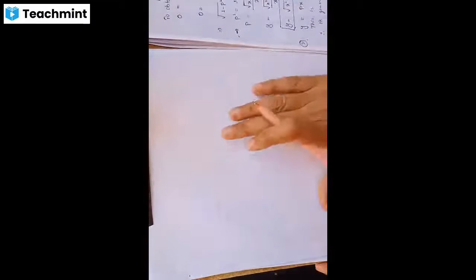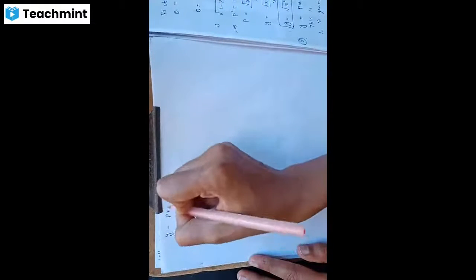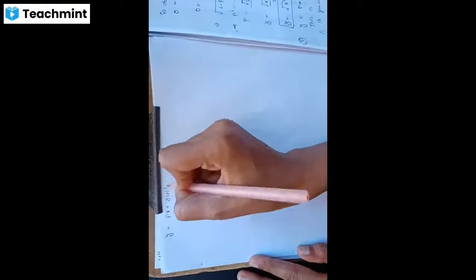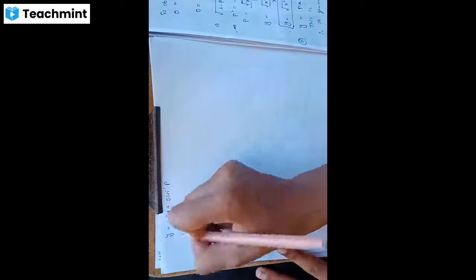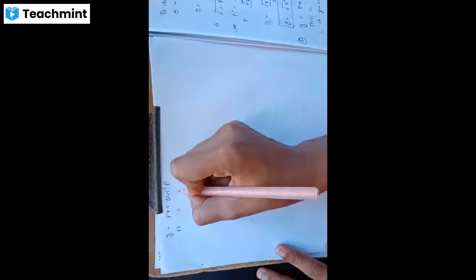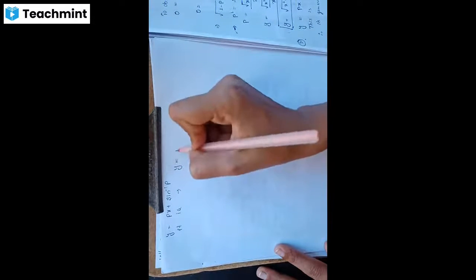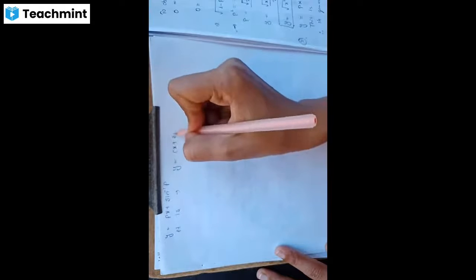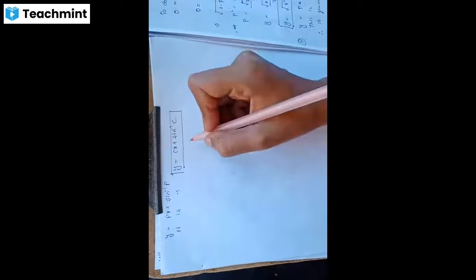Find the general and the singular solution of the equation y = px + sin⁻¹(p). This is our given equation. So it's in the Clairaut's form. So we have to find the general solution of the equation. So what is the general solution? y = cx + sin⁻¹(c). This is our general solution.